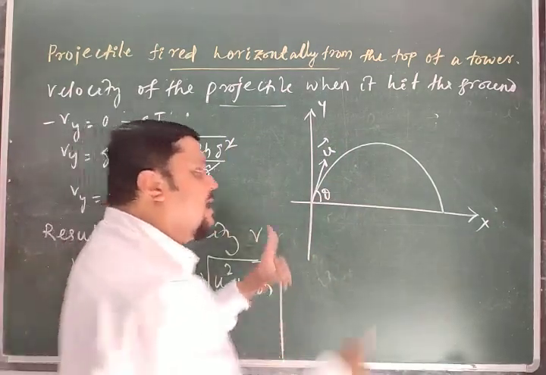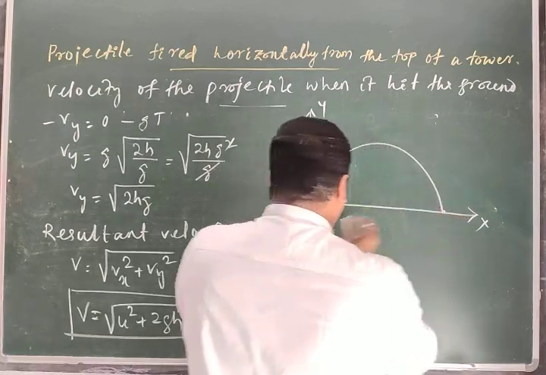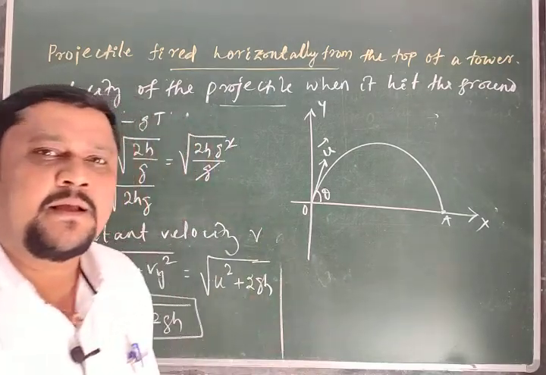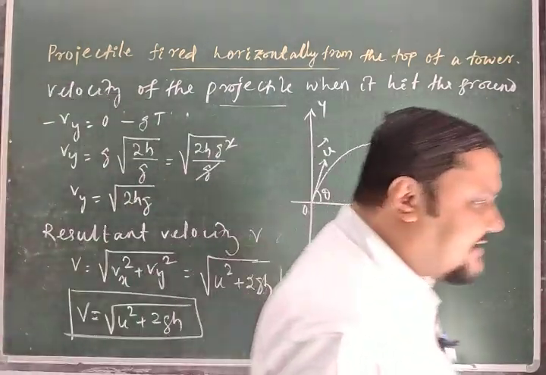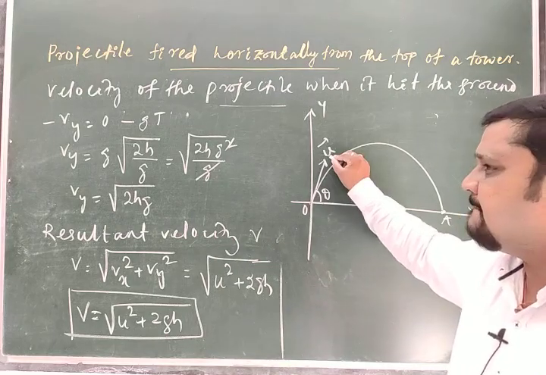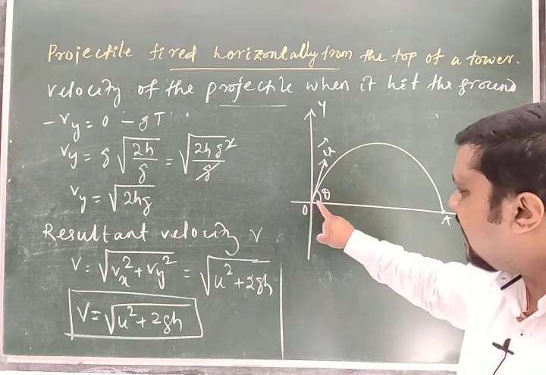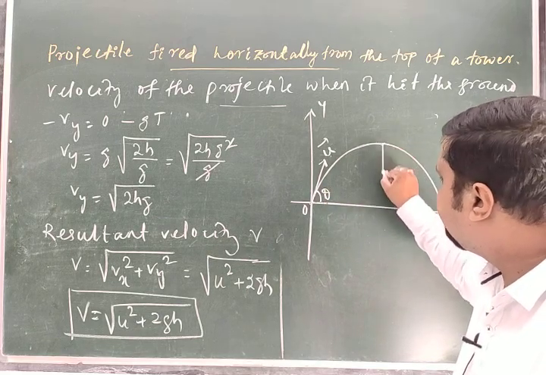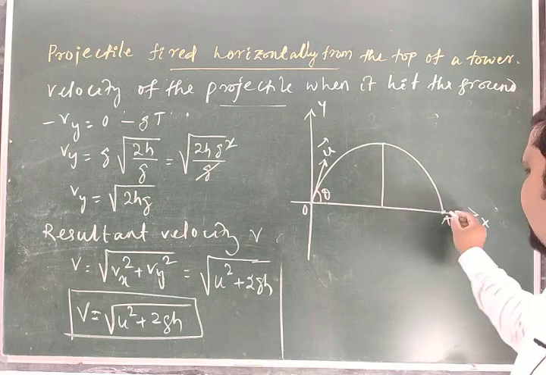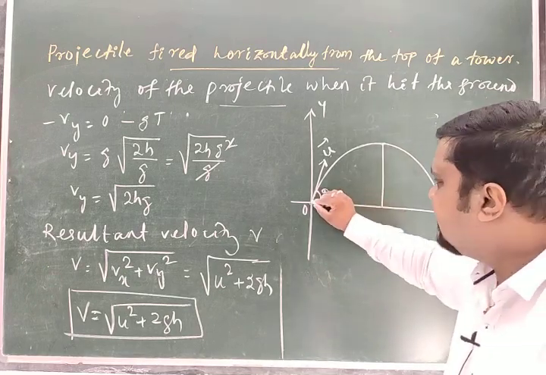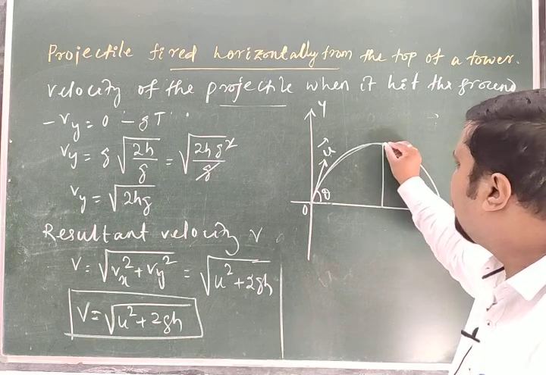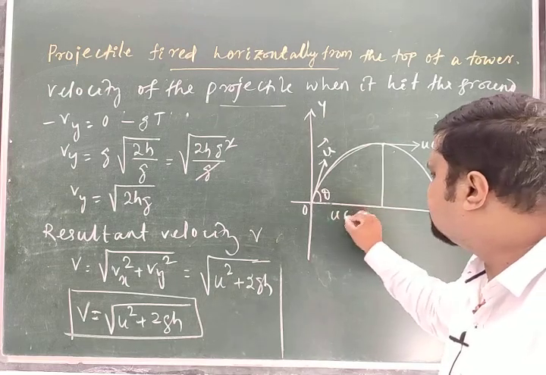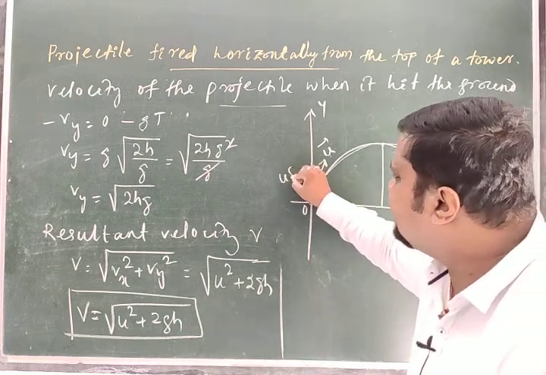So here also you can find the velocity before it hits the ground. Suppose it is O and suppose it is A. At A, what is its velocity? It is projected with velocity u at an angle theta with the horizontal, it goes on and reaches the maximum height, then it comes back and hits here. At the top point, what is the component? It is u cos theta, obviously, and here it is u sin theta.